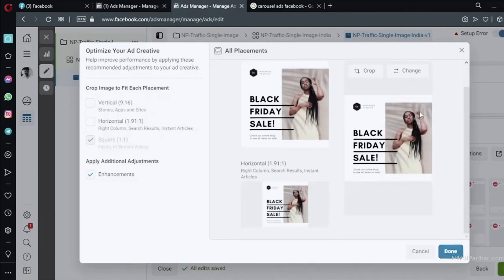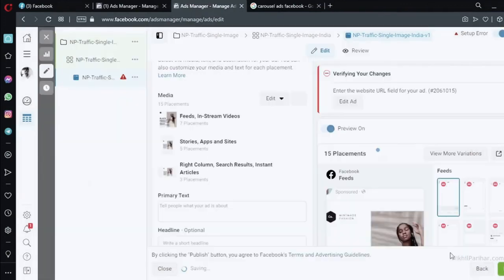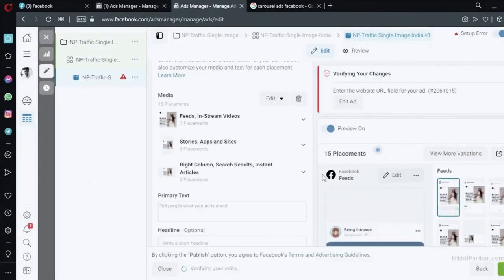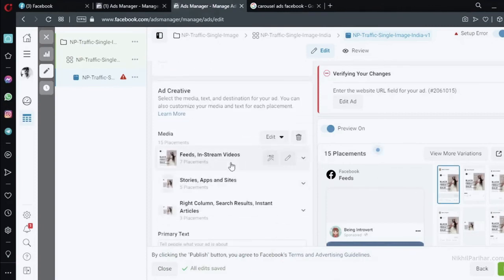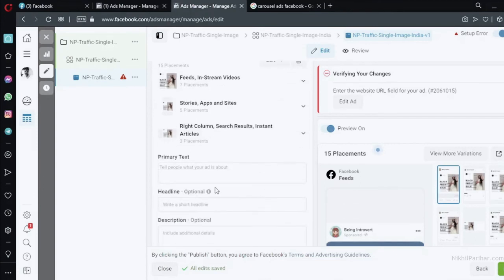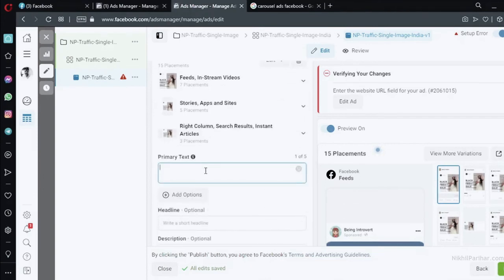You also might want to upload its full version of story ad, which obviously this is not. But square image, I prefer square images a lot. Yeah, so ads are set here. You can see our images are set. We just need to go ahead and put the primary text,